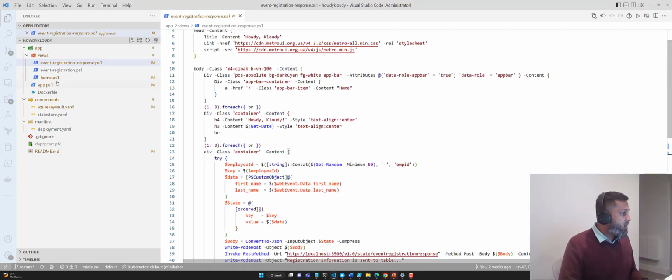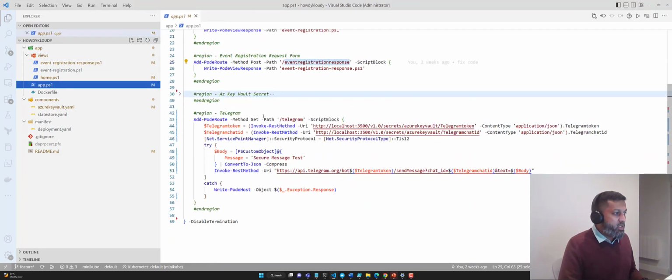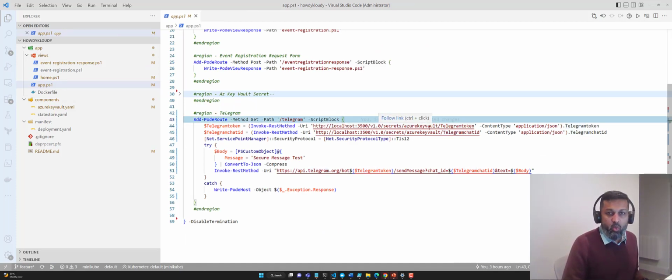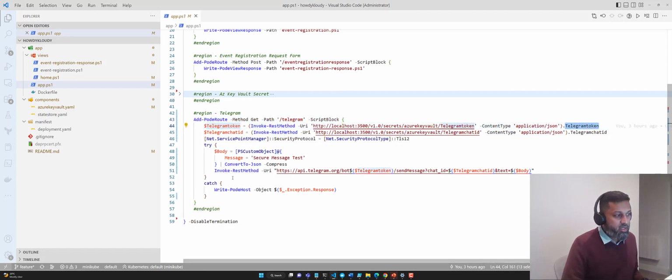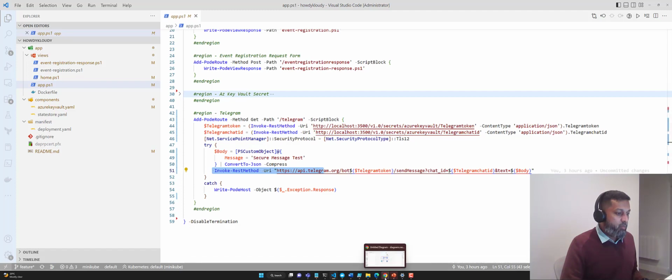So now I've got another route in my app.ps1, which is with a get method. When I hit the telegram route, it's going to communicate with Azure Key Vault through the Dapr API, pull out the secrets, and then use the secrets in the REST method to call the Telegram API and then send a message for me. So for that, I need to quickly open up my